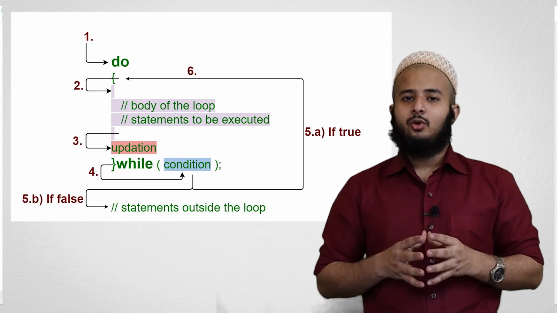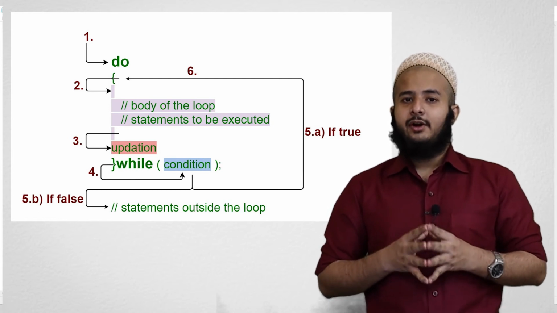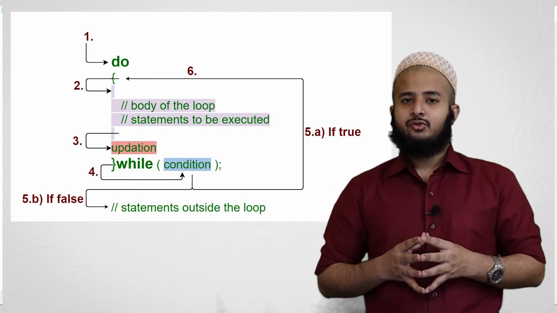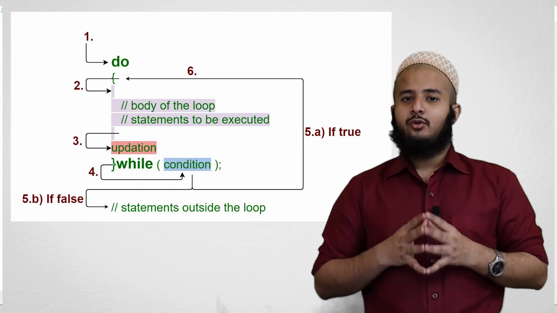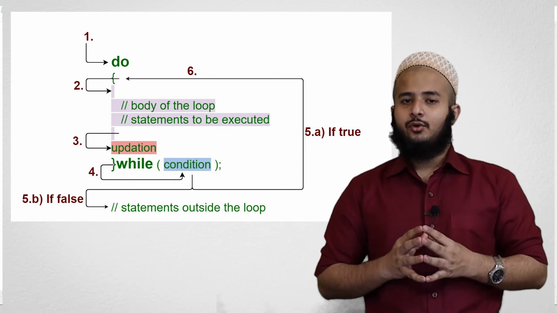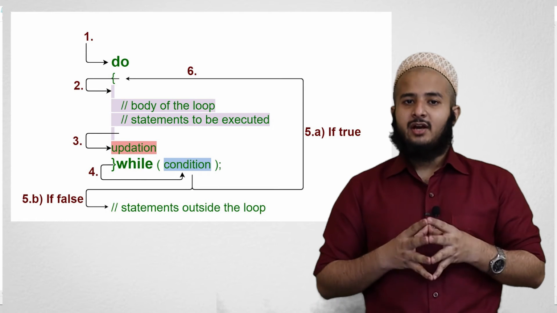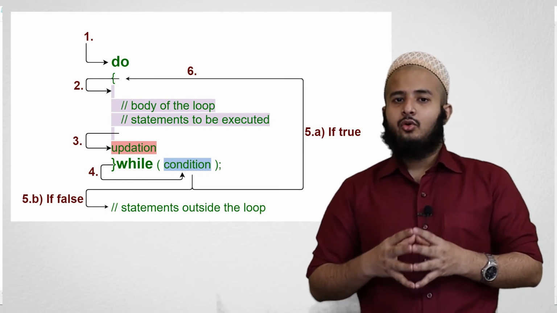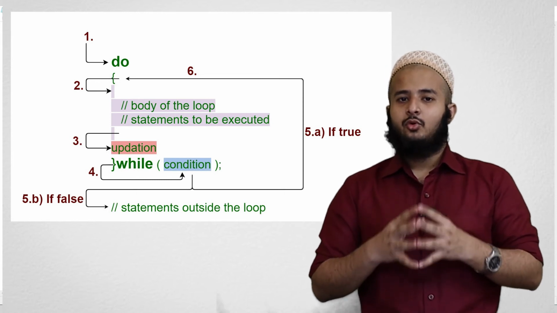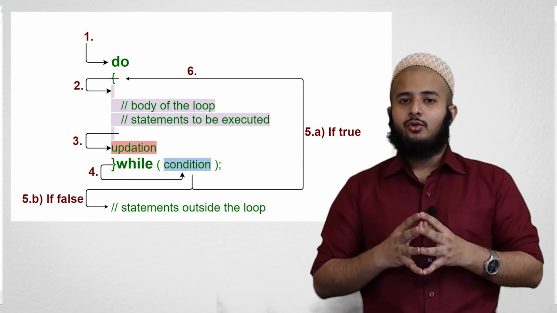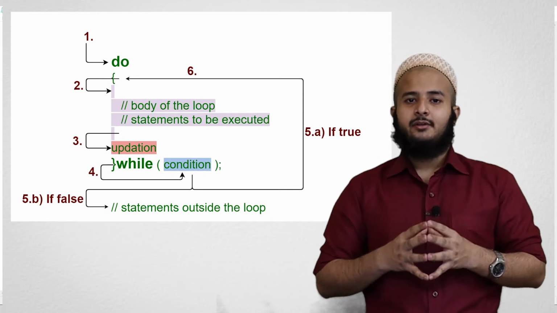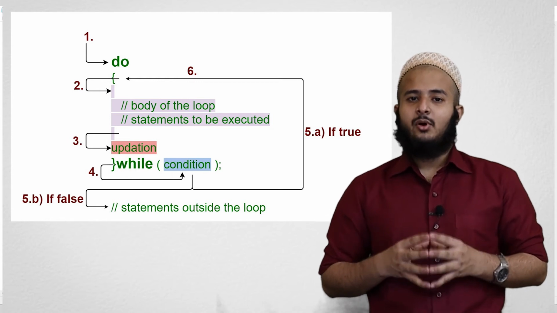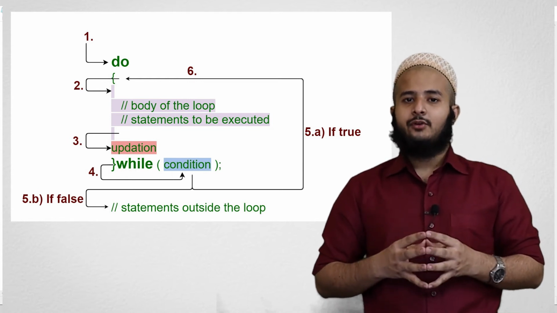Now the execution of the do-while loop. In the do-while loop, first it executes the do block. And inside the do block, there is a number of codes. So it performs the code inside the do block. And after performing the code, or after the do block, it checks the condition. If the condition gives a true result, then only it goes to the do block and performs the code again, and it performs the code in a repetitive manner until the condition gives a false result. If the condition gives a false result, then it comes out of the loop and performs the code after the do-while loop.